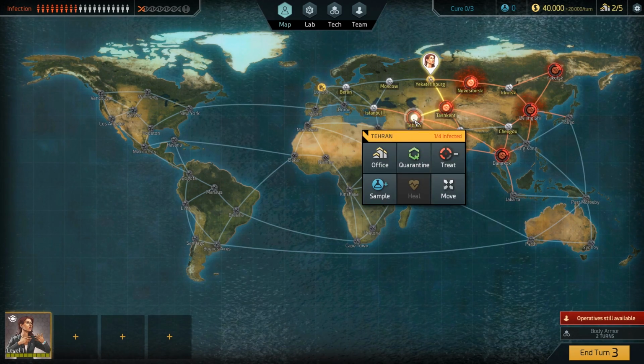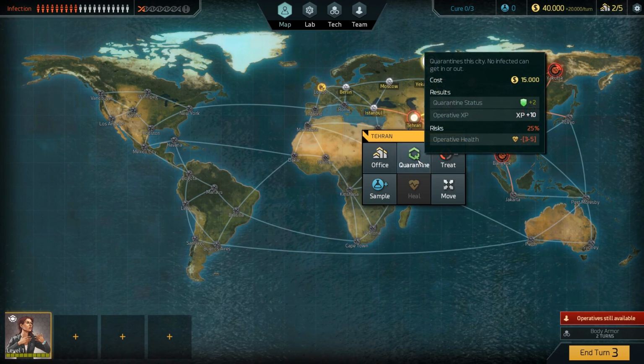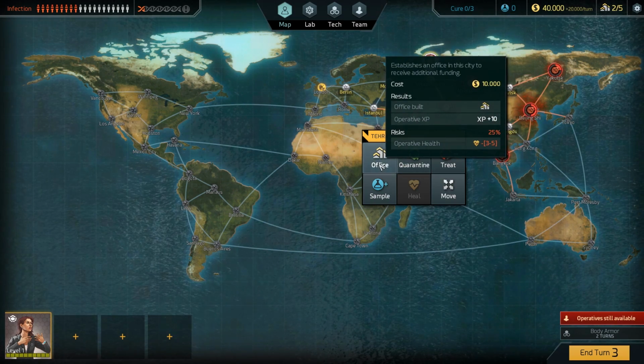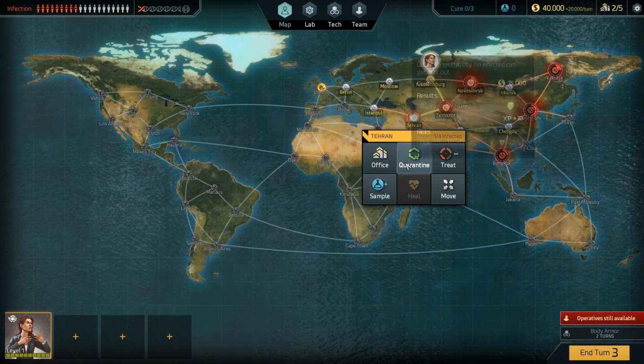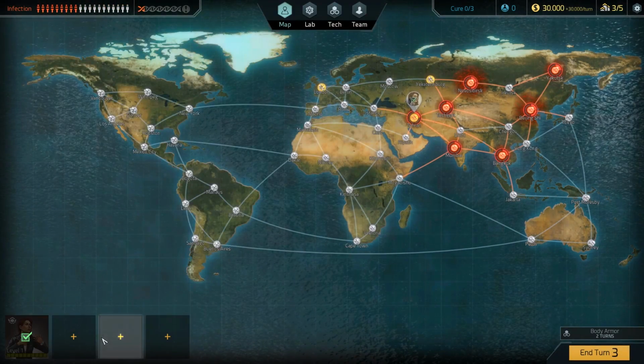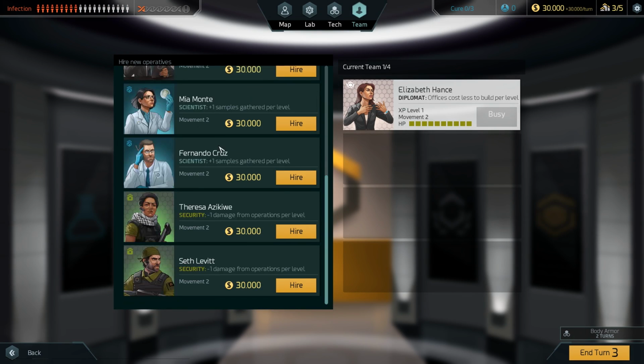So, I'd like you to move down here. And we are going to have to do a quarantine. This means I can't hire anyone this turn. That said, I'd also really like to do an office. If I do an office, I can... Right, we're going to do an office. Move you there. And then I can hire someone. So, we're going to hire...